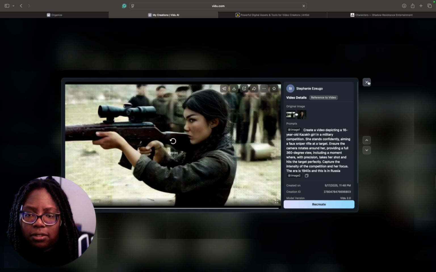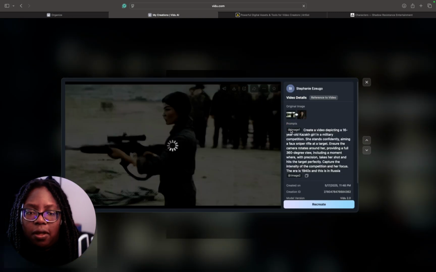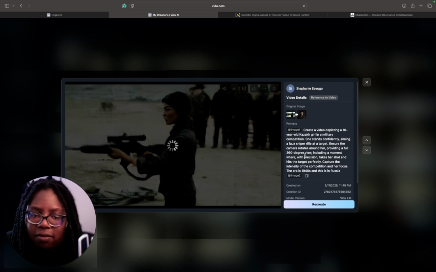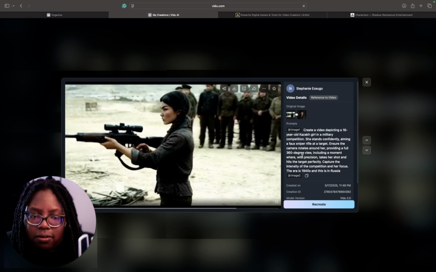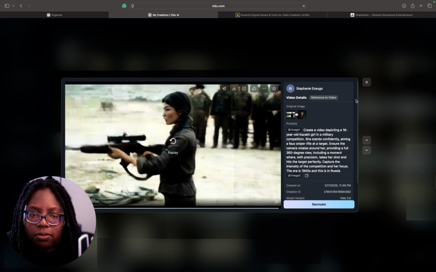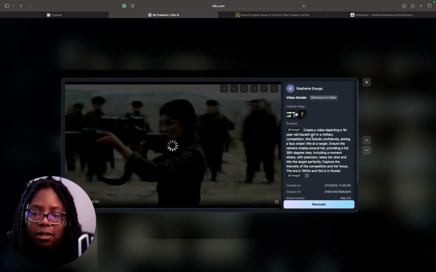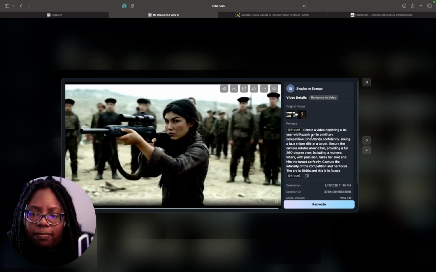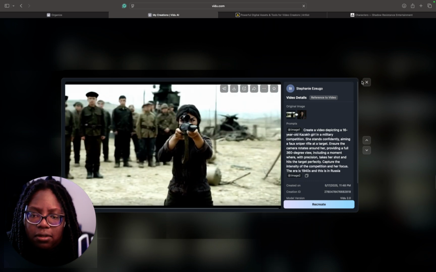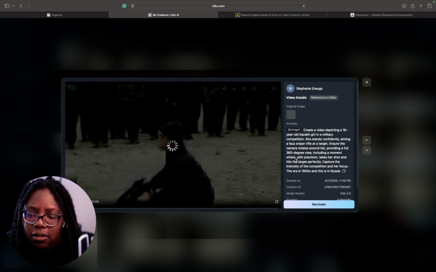Okay, that one's not too bad. I don't think realistically that's how people would hold a rifle, but regardless, the camera moving like that does give a realistic, dramatic view. Okay, now this is more of what I was looking for as far as rotating 360, although it looked like it rotated more like 180, but still wasn't bad. Again, that one shows a bit of a dramatic scene, and I'm just going to show you a few more here.